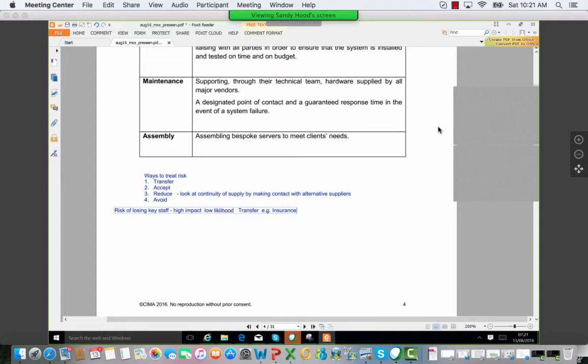Well, we've got Spark Innovate, which is working with the university, and